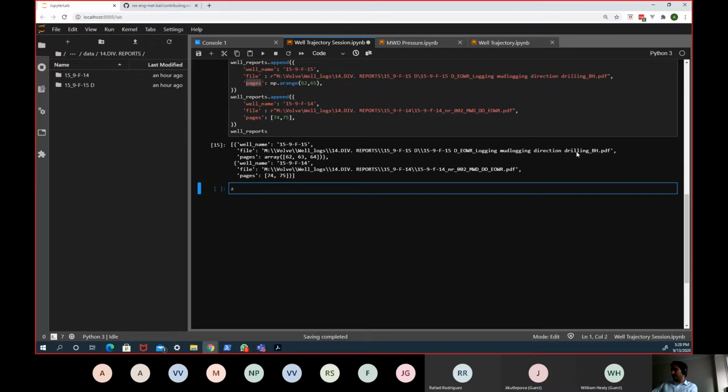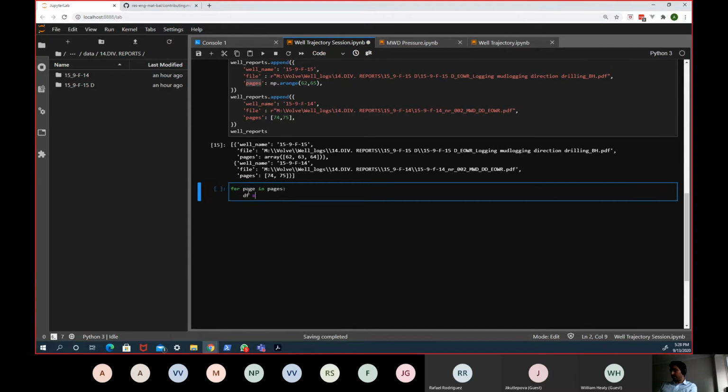So I need to read some of these tables. So let's say for what I would like to do, for every page, the pages that I have in every well, let's do this. For every page in the pages,